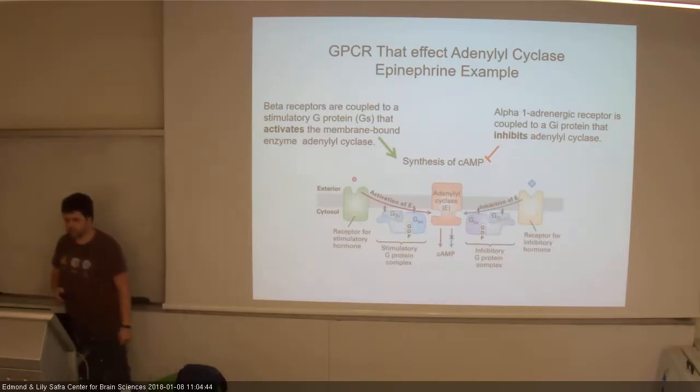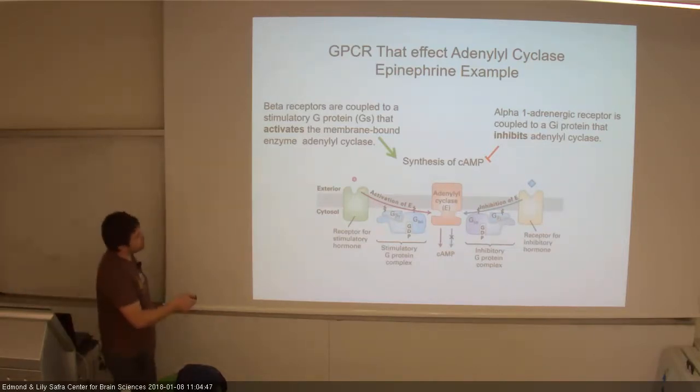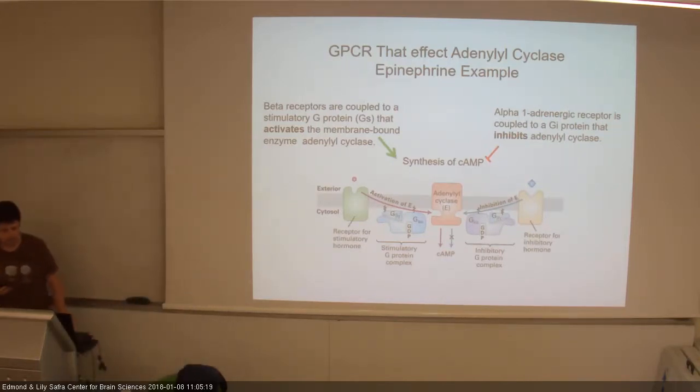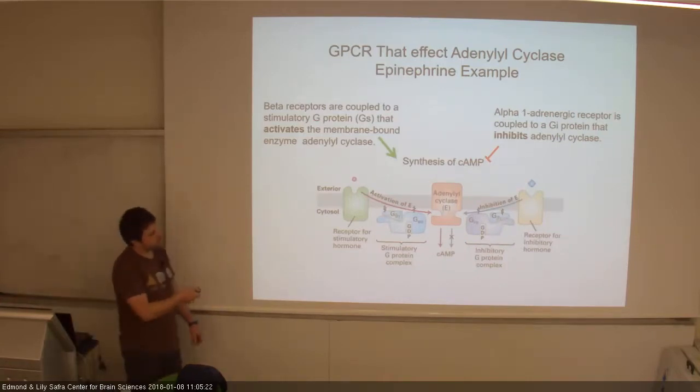So beta-adrenergic receptors, which are the example here, can activate an activator G-protein that will cause an activation of adenylyl cyclase and produce elevated amounts of cyclic AMP, which is the secondary messenger. And alpha-adrenergic receptors that are coupled with G-inhibitory, or Gi, proteins can inhibit that adenylyl cyclase and produce less cyclic AMP. So one type of receptor can inhibit the production of cyclic AMP, and the other can activate the production of cyclic AMP. Obviously, sometimes these two reactions will compete within a given cell, but